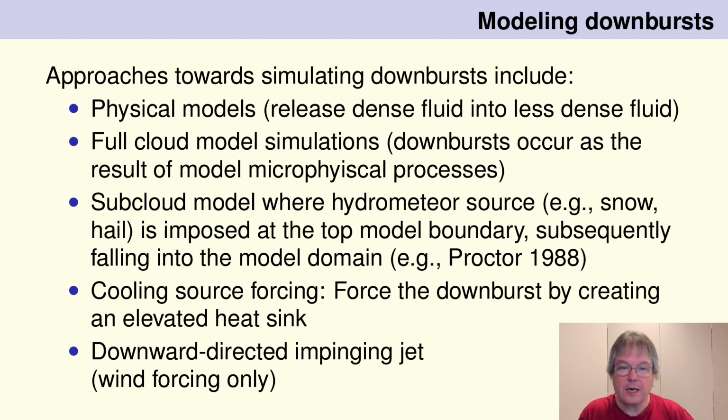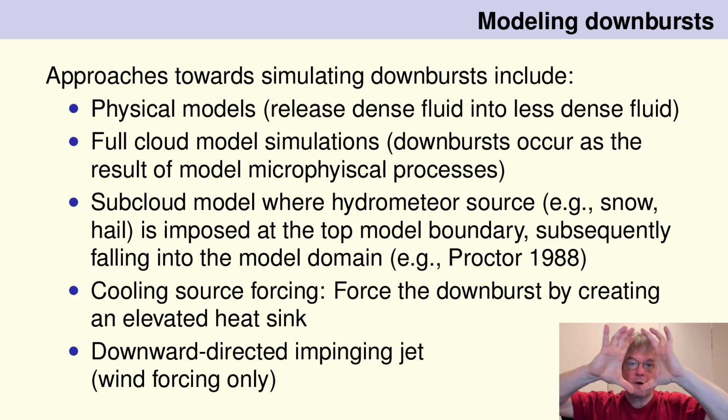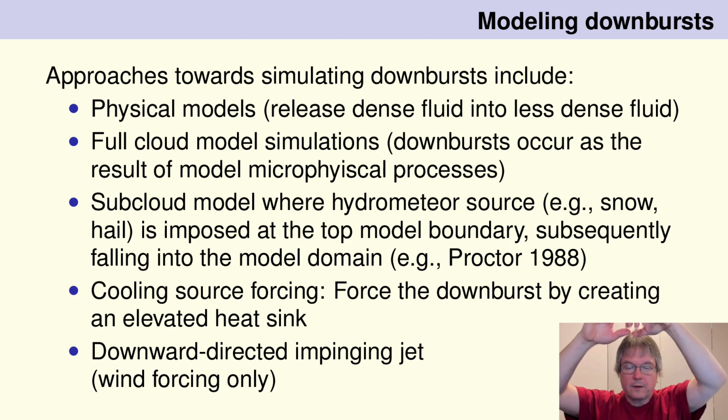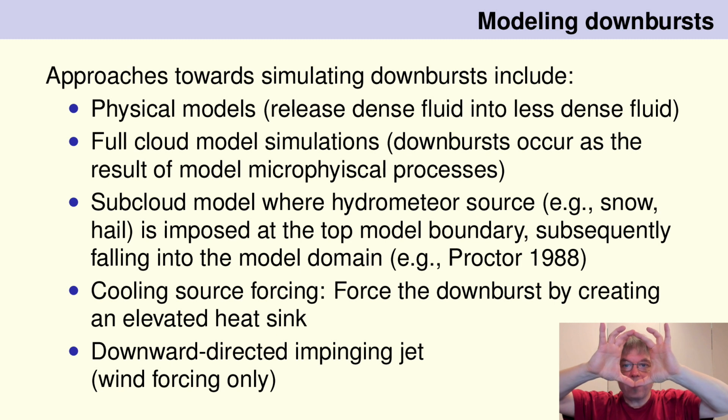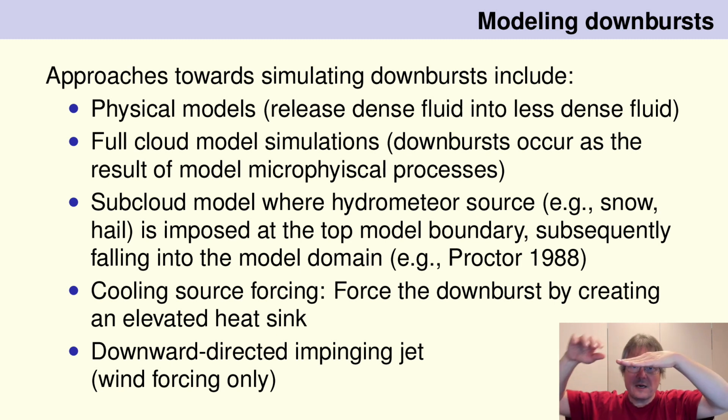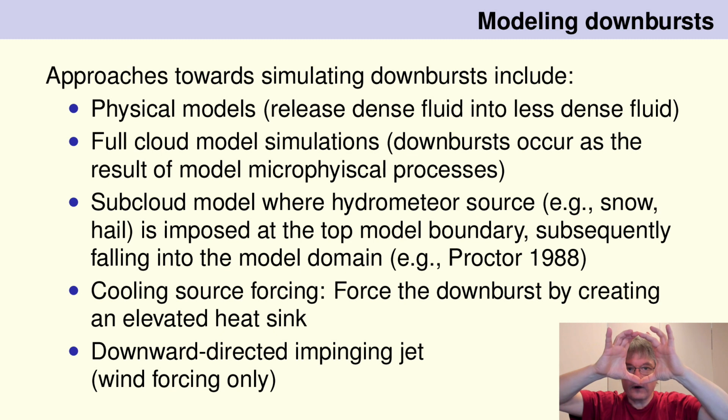So if I'm not simulating a full cloud, and this is how I did my earlier work as a PhD student, and this is from work my advisor had started, I start with an ellipsoid of cooling that's supposed to mimic what happens in a rain shaft of a cloud. So you have a cloud, here's your cloud base, you have this blob that is just basically a heat sink. So the air gets colder and colder and colder, and eventually gravity kicks in and it hits the ground and spreads out and does its thing. That's a cooling source approach. I've published several papers with my